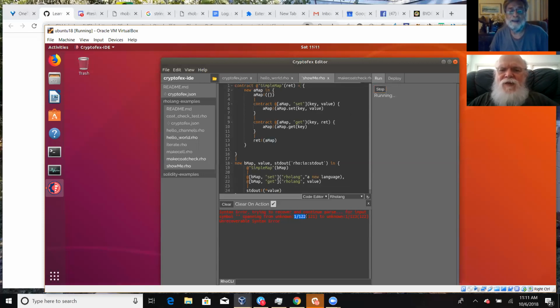Oh no, 122. What? Apparently it's putting it all on one line. It's using the eval function apparently, or the REPL function.